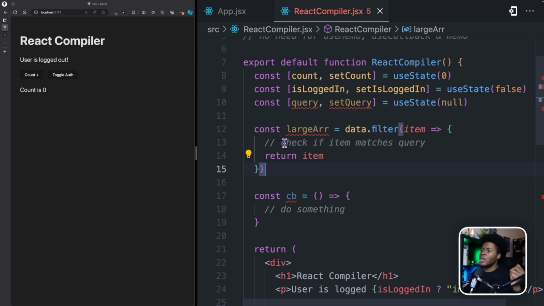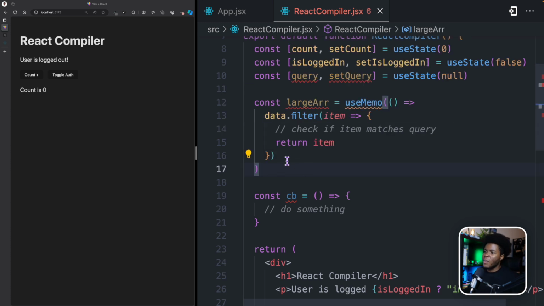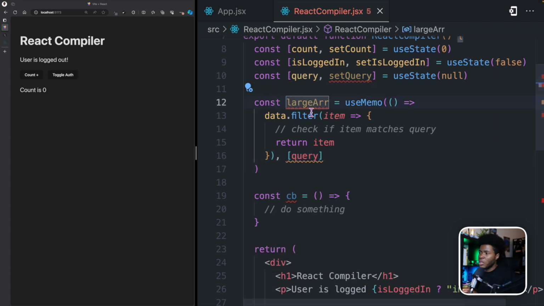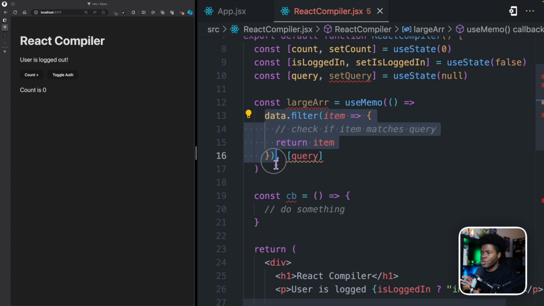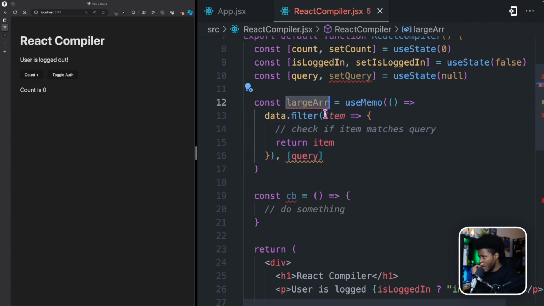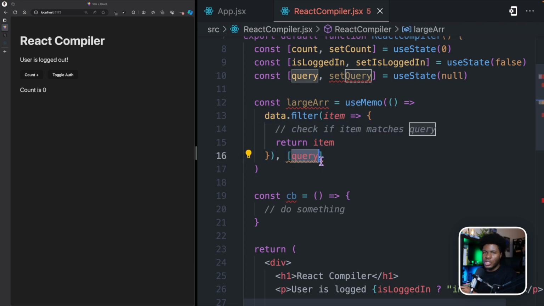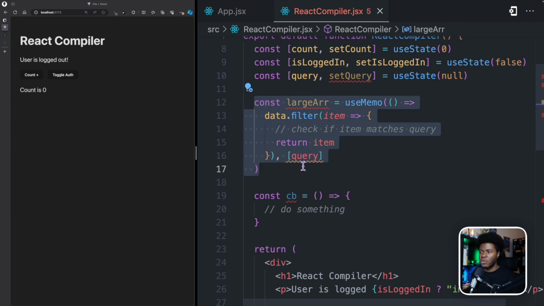approach here could be only run this line when the query changes. And in that case you can use useMemo, and then we can pass what the dependency would be. So here we depend on just query. So the first time this component is run, this callback function is going to run, and whatever is returned from this callback function will be assigned to large array. But this is not going to run anymore until the query changes. In that sense, you have optimized this component to be faster because this expensive line is only running when it